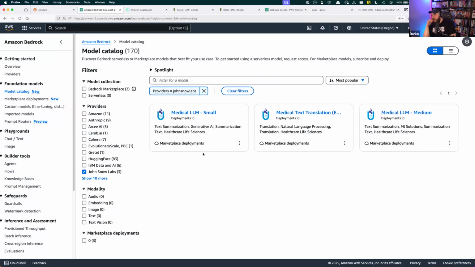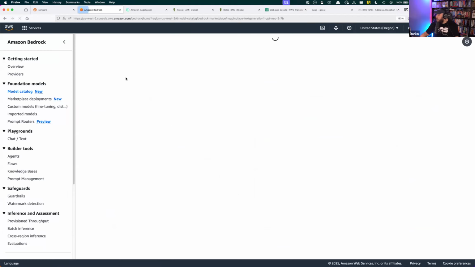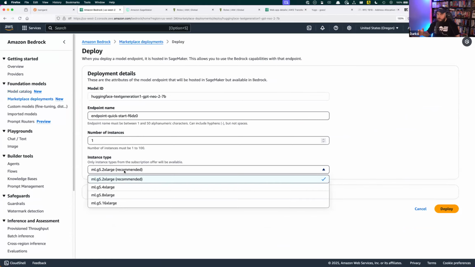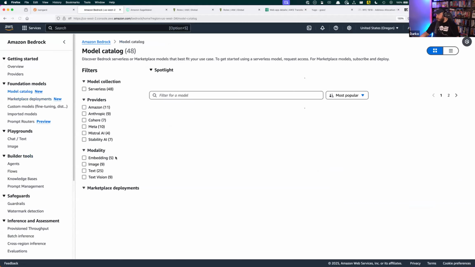So all of these models you can now deploy to Amazon Bedrock. Like if I select this one and deploy, it will basically create an endpoint. And of course, it's not going to be as cheap as running Nova or Anthropic on there, because it needs to deploy these things. But now you can do this. It's a big old marketplace offering where you can select a plethora of models available within the marketplace. New feature available for you right now.